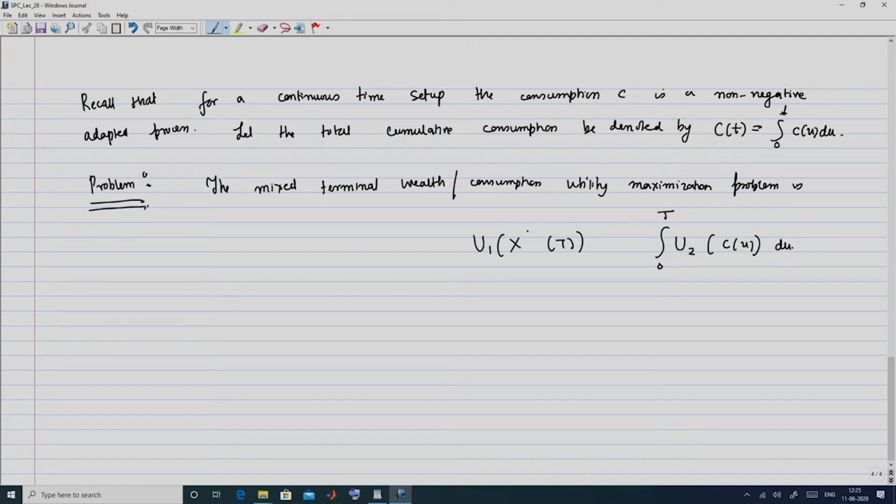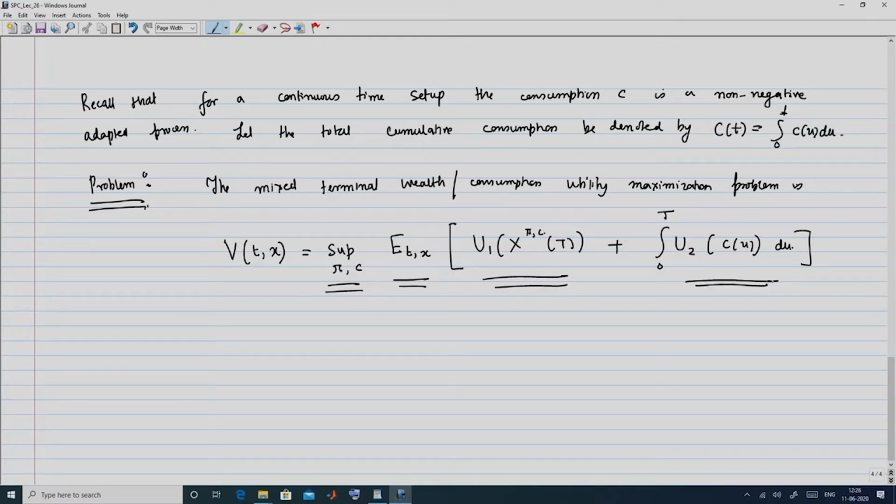This utility of the wealth depends on pi and c, and since this is a random variable, obviously we need to calculate its conditional expectation E subscript t,x, and take the supremum of this over the portfolio process pi and the consumption process c. This results in the value function, which depends on time t and the wealth level at time t being equal to little x. So, supremum over pi, c of the conditional expectation of u1 as well as the integral of u2. Now, this is subject to